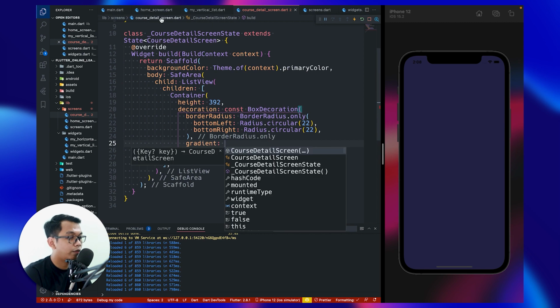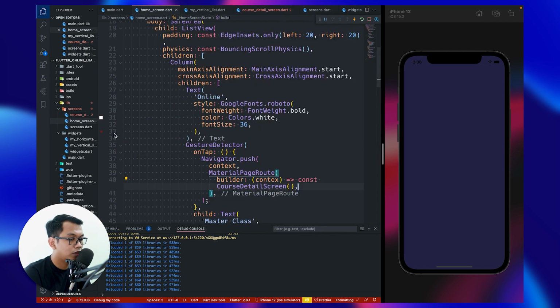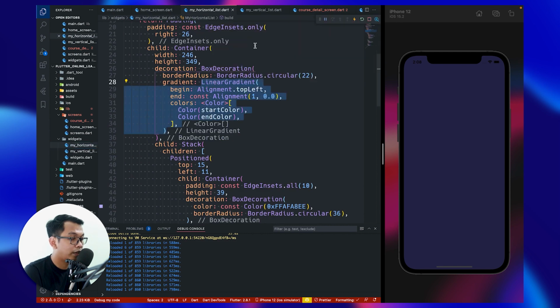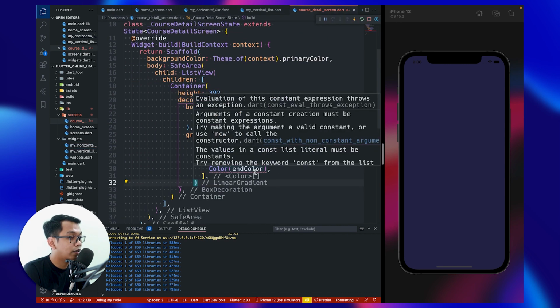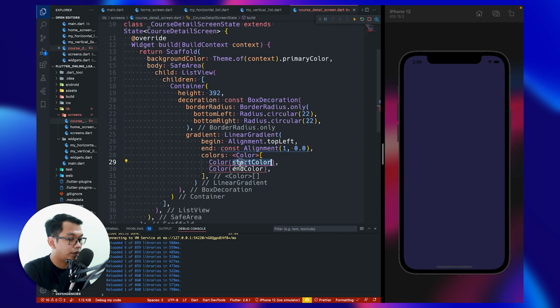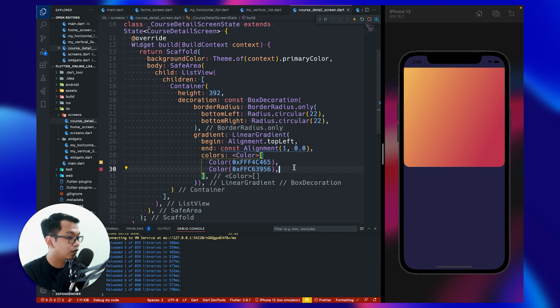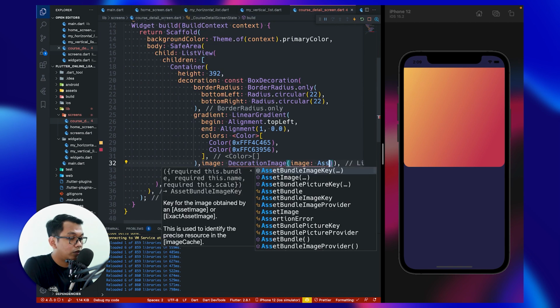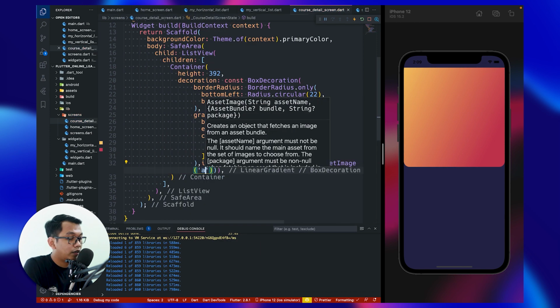We can copy from the previous, which is on the horizontal, this gradient, copy that, paste here, and for the color, copy this, paste here, the second one, paste here. Okay, now we have a blank container. Okay, and the next is we have to add an image using decoration image, using assets image, and we can call